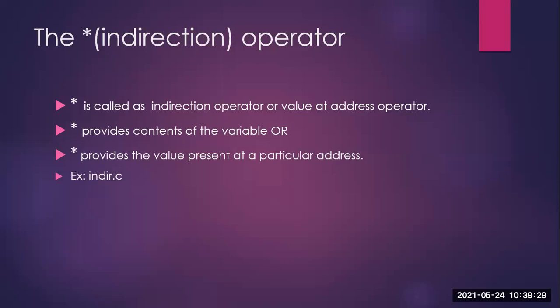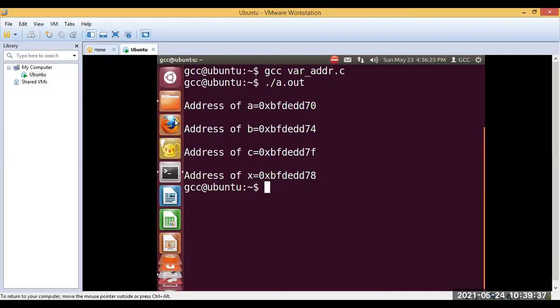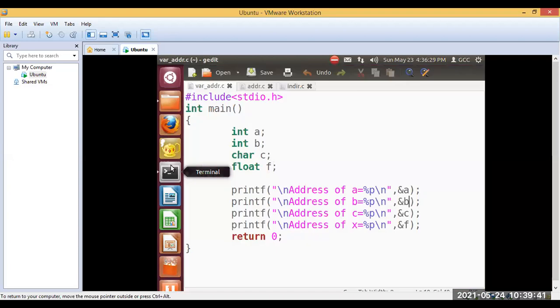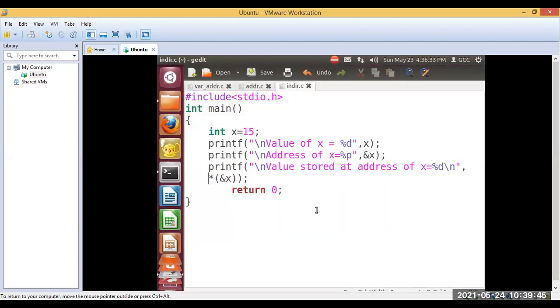stored at different memory locations in the computer. Let us have a look at the program. Take 2 minutes again, go through the program.